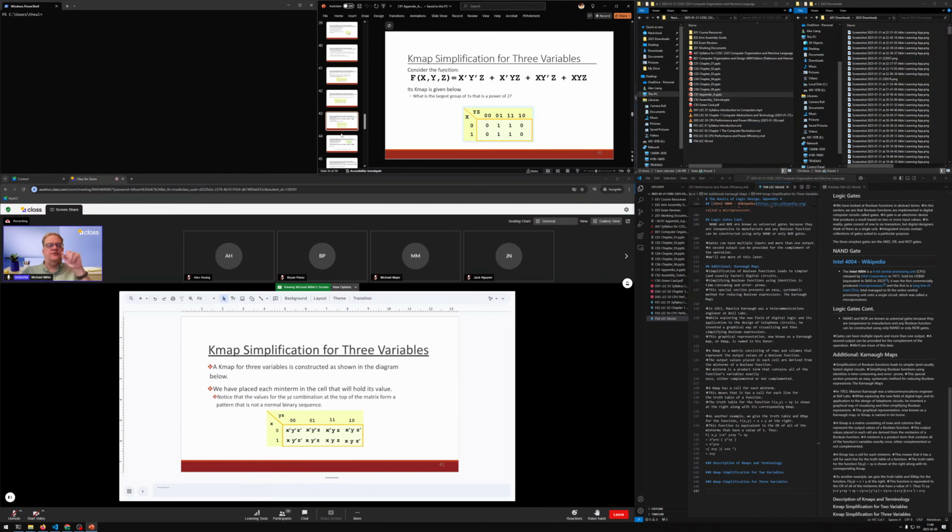Now, the other thing that Carnot found, Maurice, was that in order to do this easiest, what he followed was what's called a Gray encoding. Gray was the name of a person. And what Gray looked at, in information theory, was moving from one state to the other with as little